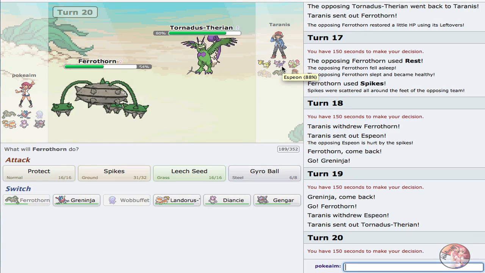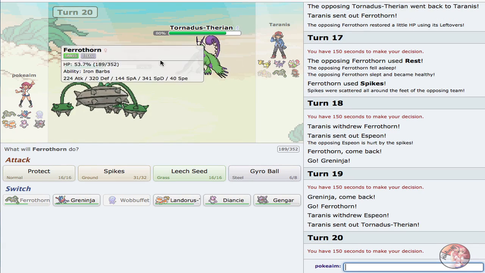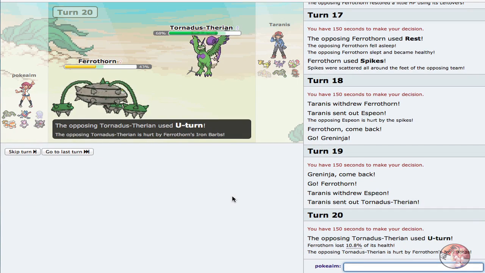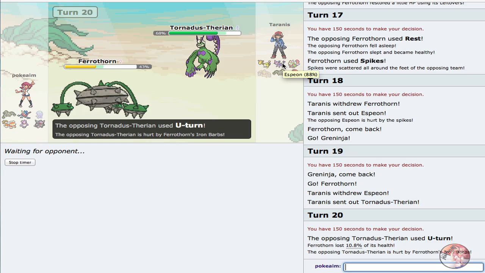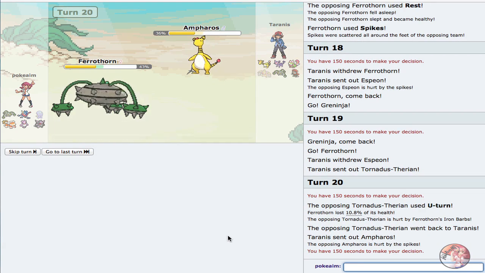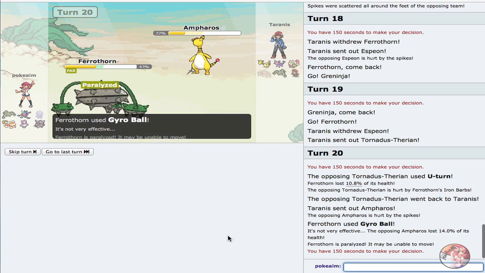And the fact that Ferrothorn is so high up, I'm just gonna go for Gyro Ball, as he ends up going for U-turn. If he wants to go back out into Espeon, that's fine. I think he should go out to Ampharos if I were him, or Ferrothorn. Though Ferrothorn is just a free switch for my Greninja, and I can easily just click HP Fire, which I am going to do. So goes out to Ampharos, which I believe is the best possible play right there,